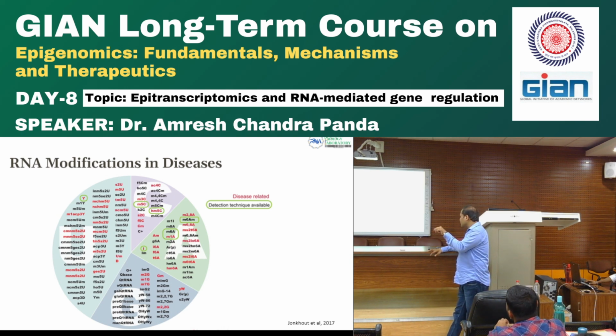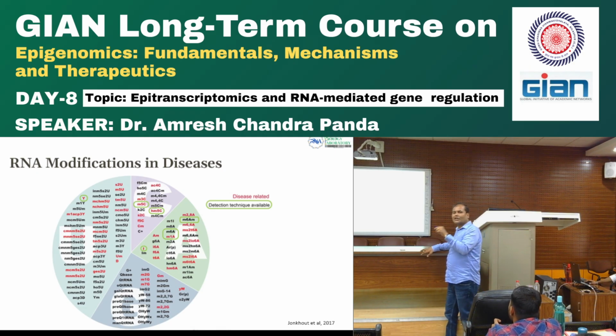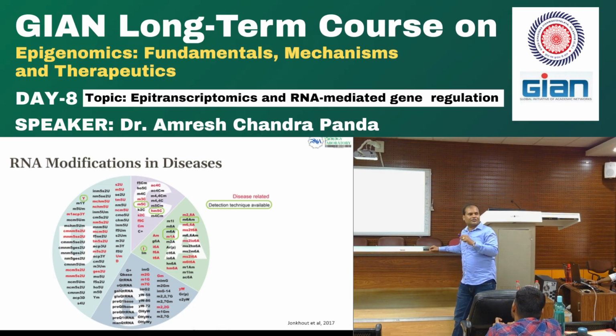You see how many modifications are actually there which we cannot do any experiment with. So you don't have an antibody, you don't have sequencing technology to detect them, but they are there. So tons of modifications are there which need to be explored, and few of them are related to disease,